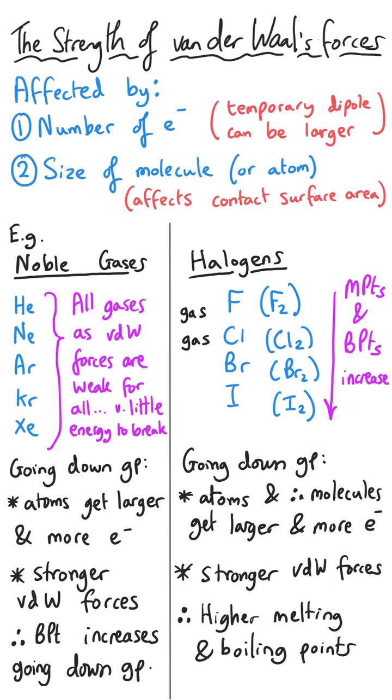because their van der Waals forces are suitably weak that room temperature has enough energy to make these particles vaporize, whereas bromine is a liquid at room temperature, which means that the van der Waals forces are strong enough to keep this molecule in liquid form rather than turning into a vapor. Iodine is actually a solid at room temperature, and that means that the van der Waals forces are so strong that room temperature does not have enough energy to make these molecules separate, and this exists as solid